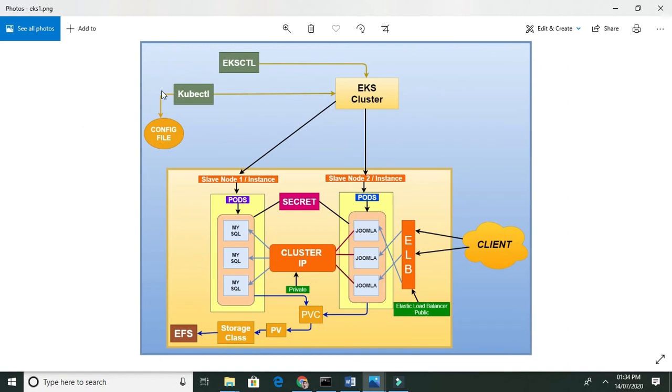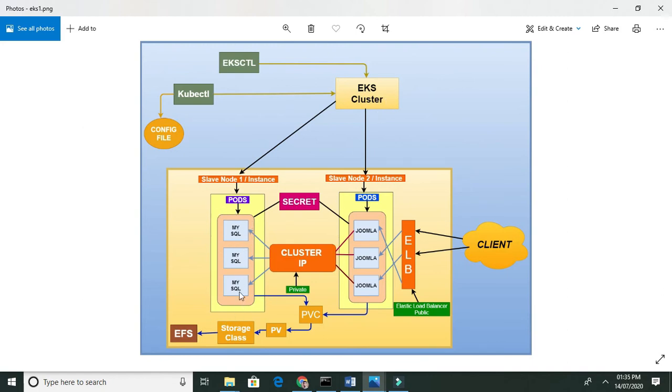Okay, and then after going inside this config file, it will directly contact the EKS cluster, because the authentication and access details are all given here. So from here it will go to the EKS, and now kubectl has the command to do something in this instance.